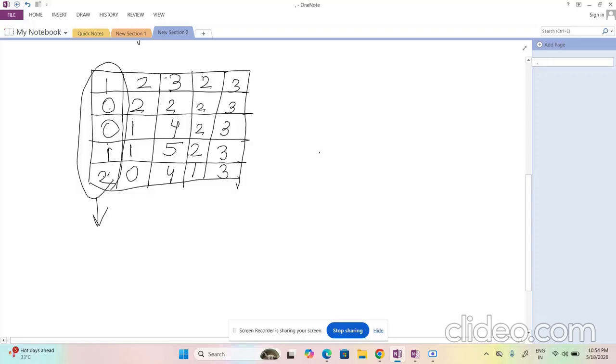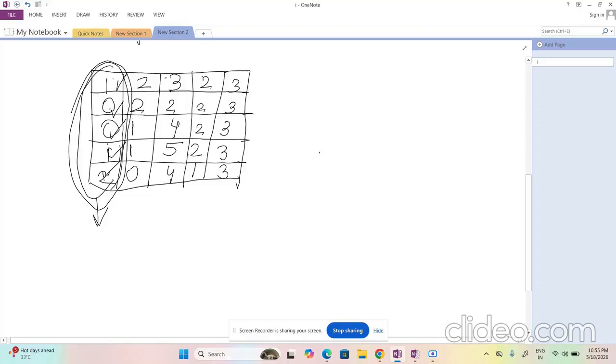Okay, so if I want to make it 2, then I have to make one operation here, one operation here, one operation here, and one operation here. So in case of 2, I have to make 4 operations in this case, right? If I want to make it 3, how many operations do I have to do? Complete all the operations, like this one, this two, three, four, and 5 operations I have to do, right? So I hope you're getting the gist of what we are trying to do.